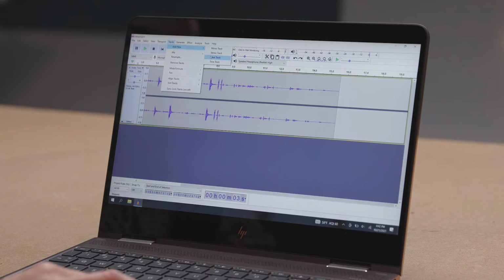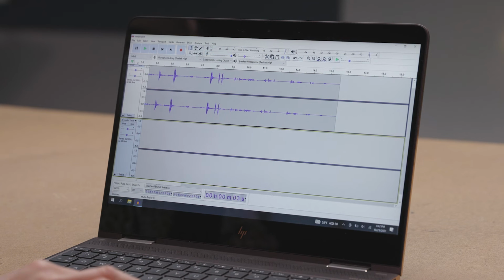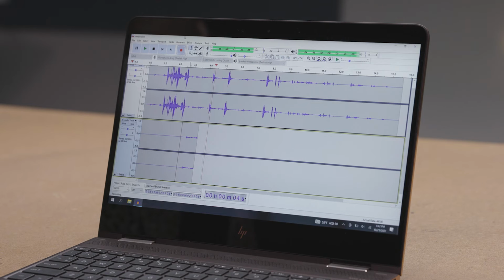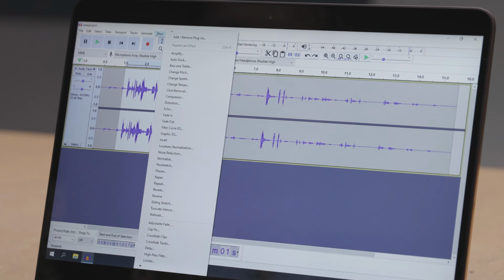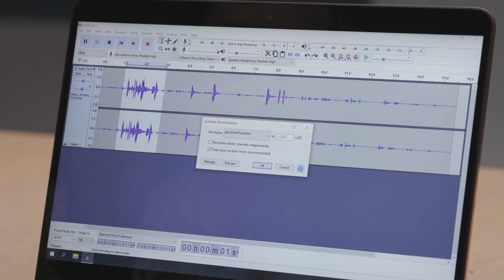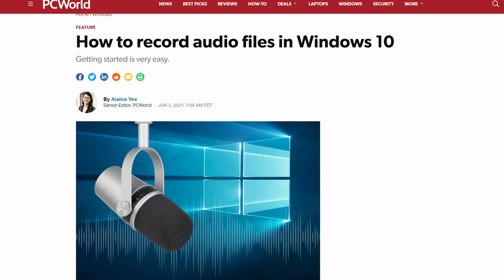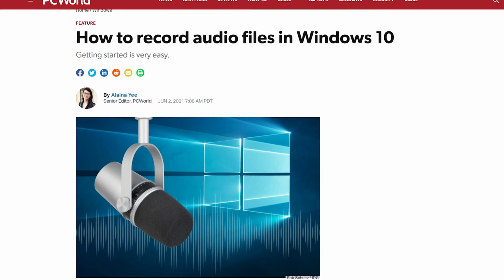As you get more comfortable with Audacity, you can use it for more complicated recording setups too, like multiple tracks and/or multiple input devices, as well as more intricate edits and adjustments. For example, increasing the input levels because your mic's output isn't strong enough. Learning the ins and outs of Audacity can take some time, but that investment will make it easier to get the most out of your recordings. For more tips on how to use Audacity, check out our link in the description below.